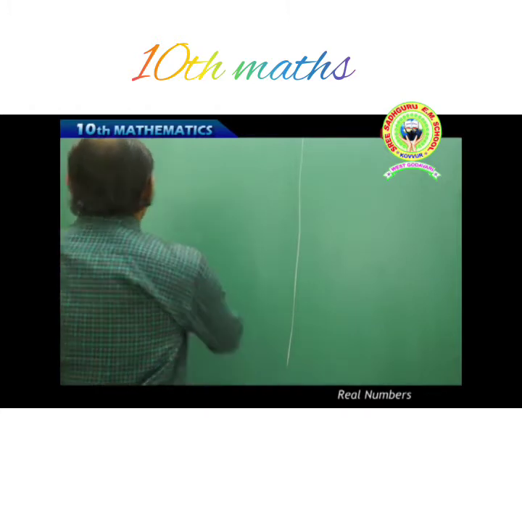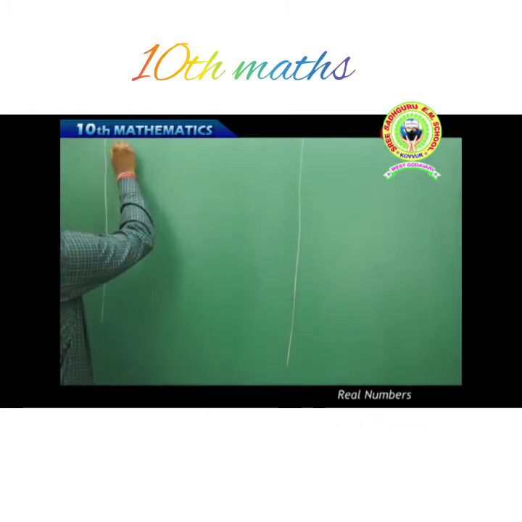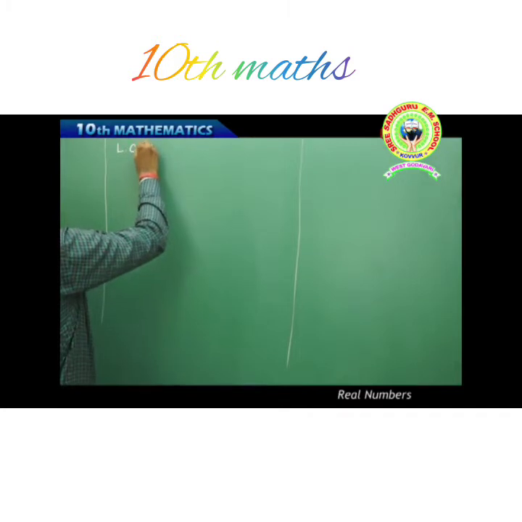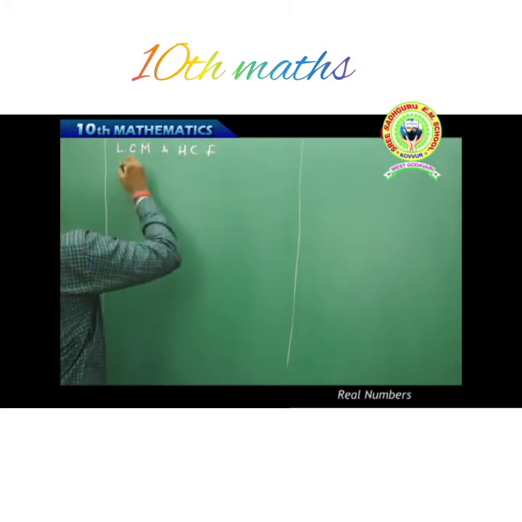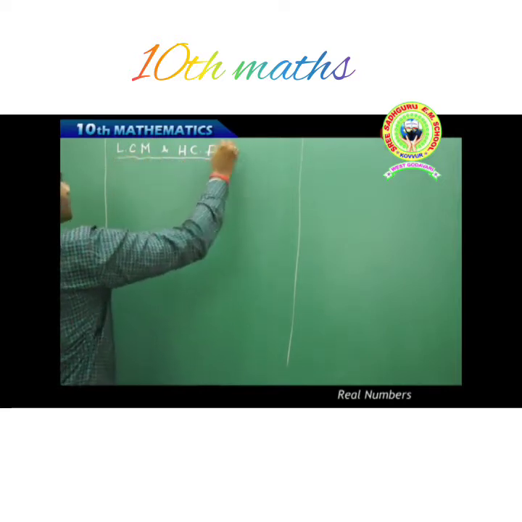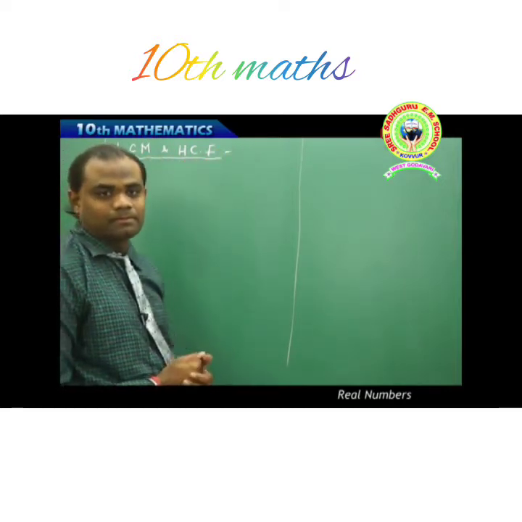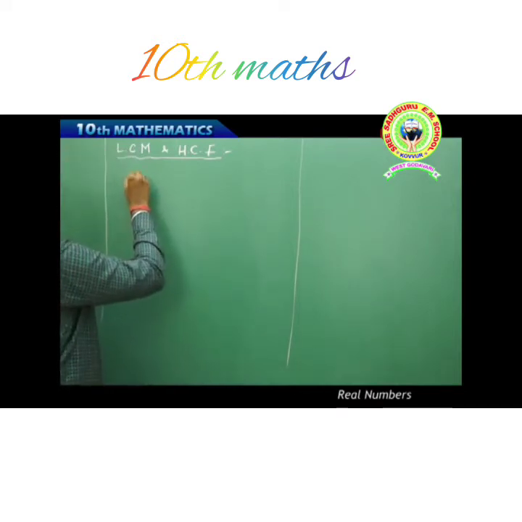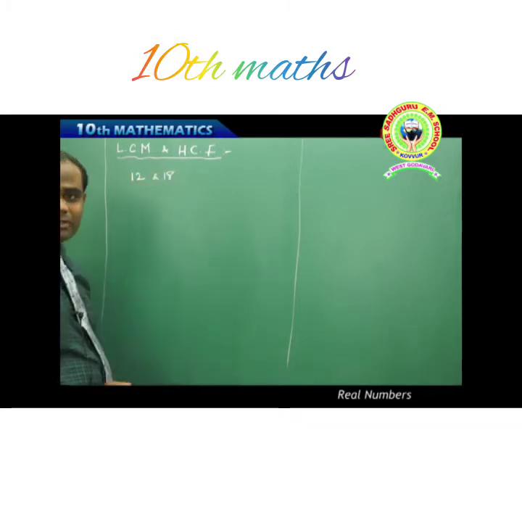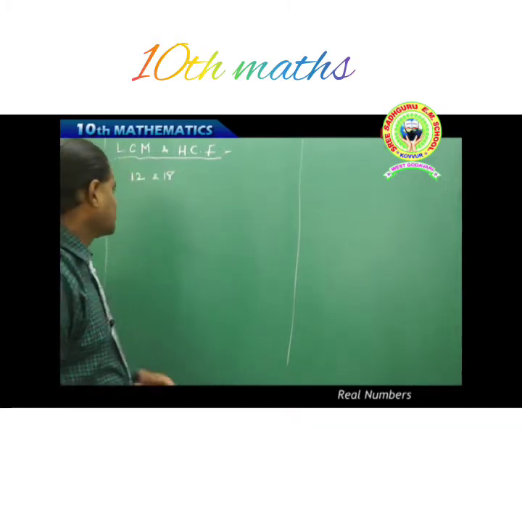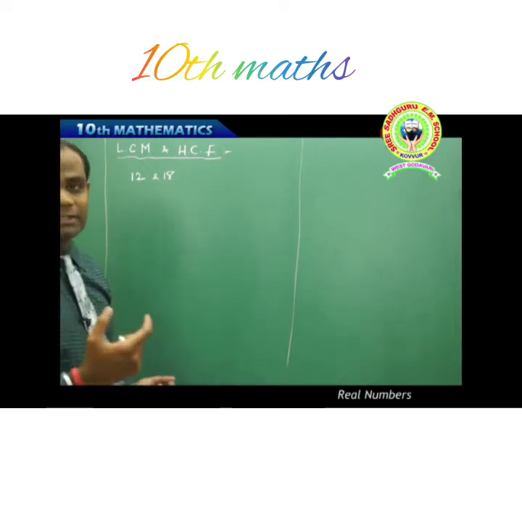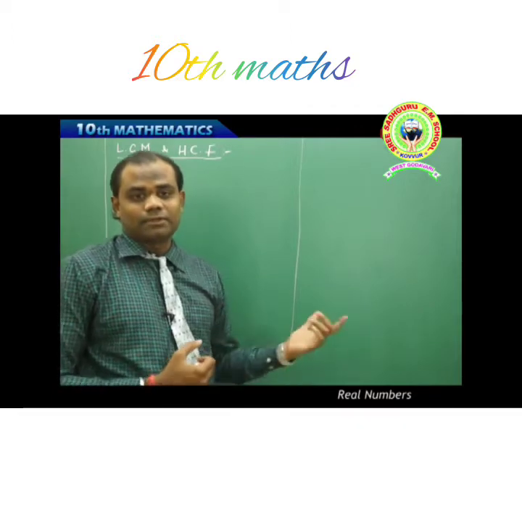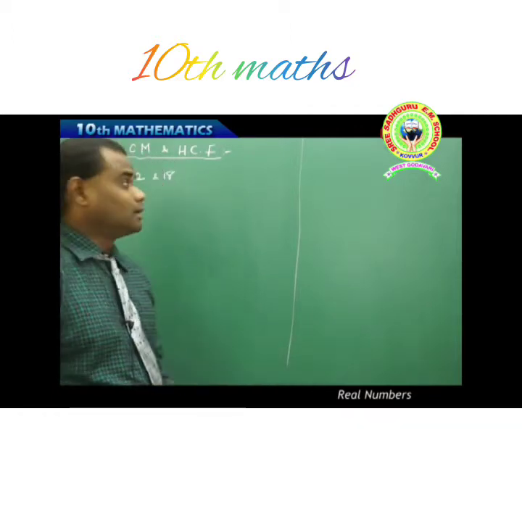So here, if I take two numbers, let me start with LCM and HCF, the least common multiple and the highest common factor. If I take two values, 12 and 18, I want to find the LCM of 12 and 18, and I want to find the HCF of 12 and 18. So let's see how we are going to find each of the answers and then differentiate between